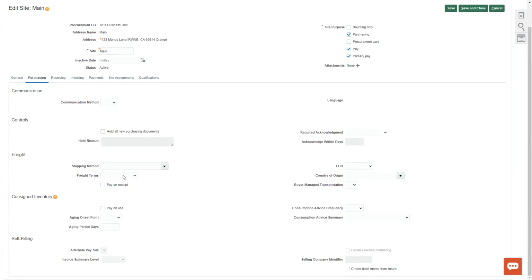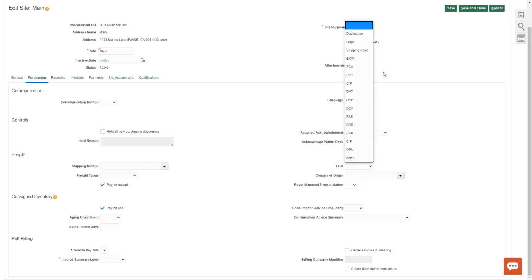You can say if you want to do self-billing, you can select that in the invoicing options. So freight, if this supplier has certain freight terms, or if you want to pay on receipt, you can select that box. And then if it's a consigned inventory, you can say pay on use.